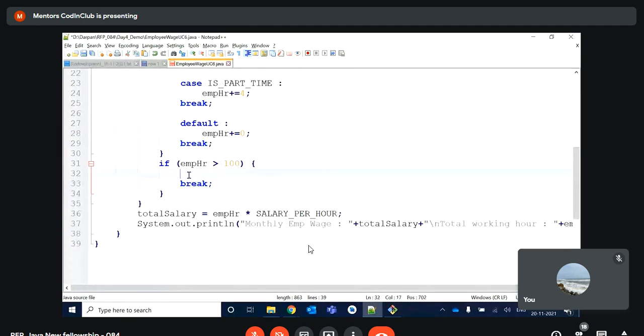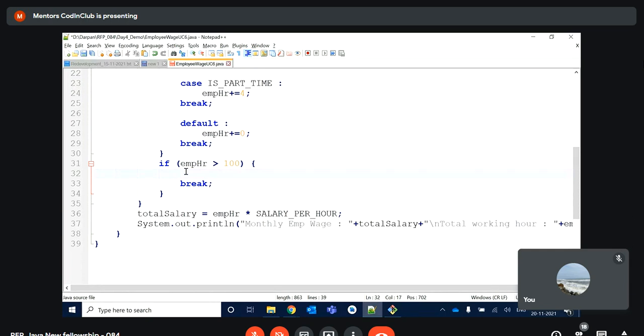Okay, and a similar continue keyword is also there. Let's say in some conditions you want to keep your loop continuing, some scenario will come.